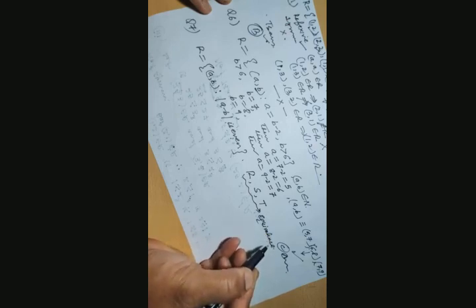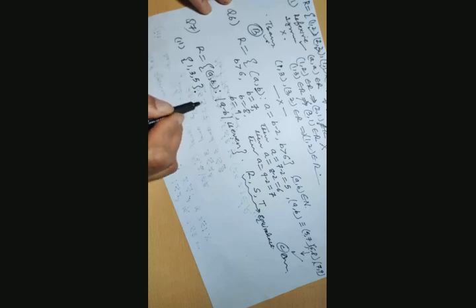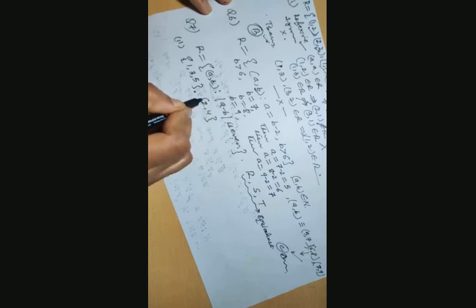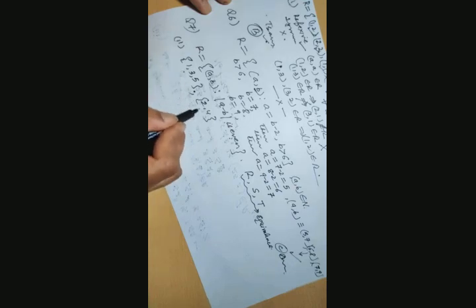And then, the second part: show that all the elements in this set are related to each other, and all the elements in the other set, 2 and 4, are related to each other, but no element here is related to any element here. So that is the second part.